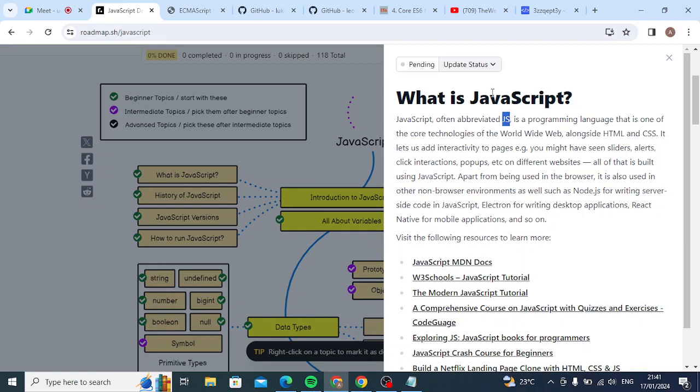Then why did they call it JavaScript? Back in the 90s, when they created this scripting language, the syntax was very similar to what was there in Java. That time Java already existed, and then JavaScript came in. Since the syntax was the same, people started calling it JavaScript. It is not what its name is.